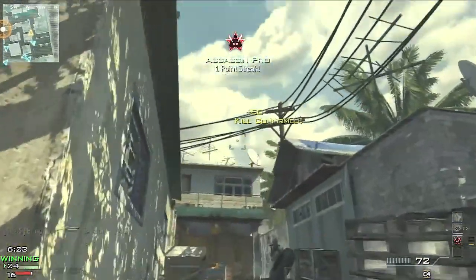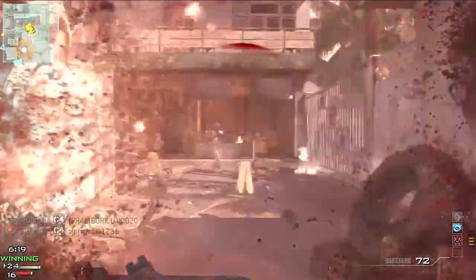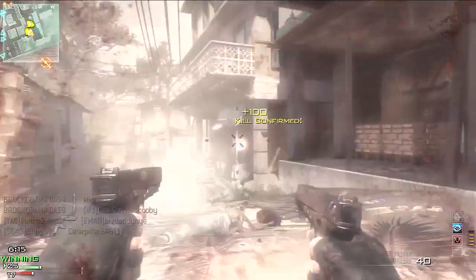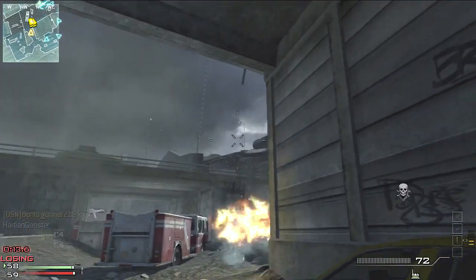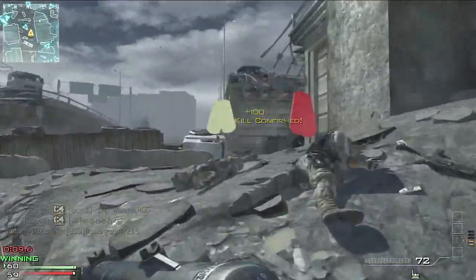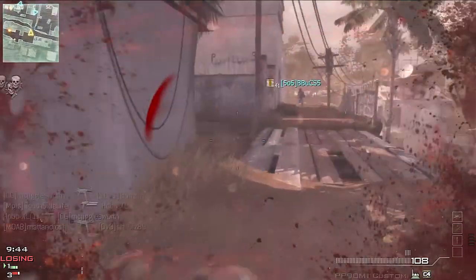Prestige 8 was more or less the same as number 3 through 7. I did a lot of rushing with the PP90, usual perks of extreme conditioning and hardline, usual attachments of extended mags and rapid fire. My secondary was usually akimbo guillotines or a stinger, and always backed up with a C4